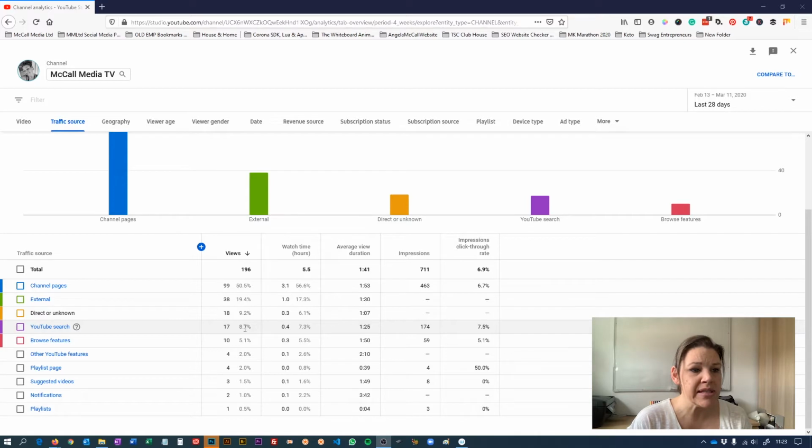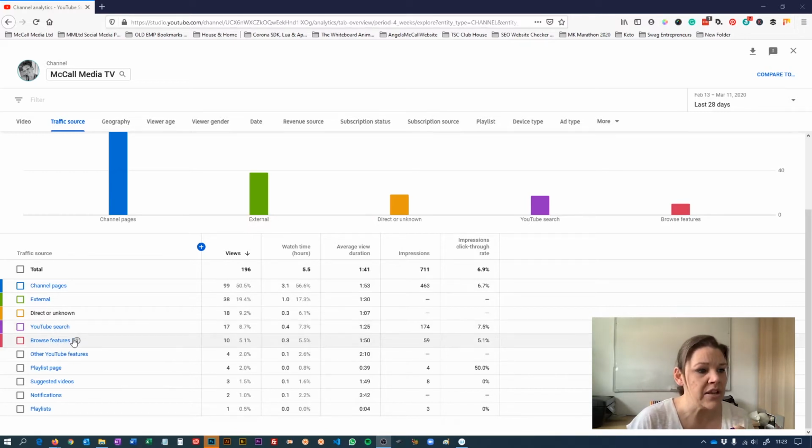Now, this to me means that whatever I'm doing right now, and I will be teaching this in the future, means that I am doing really well as a newbie on the front line, getting my SEO terms out there and sort of pinpointing how I'm structuring my optimization for my videos. So 8.7%, I'm going to probably work that as a goal to try and keep it, maybe say, let's say 10% of my traffic is coming through a YouTube search.